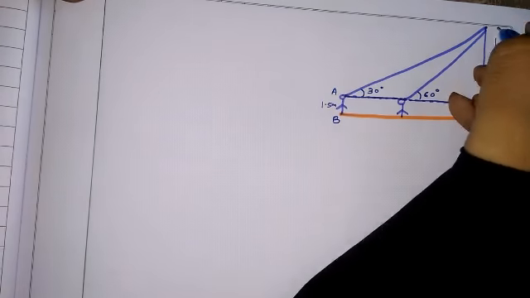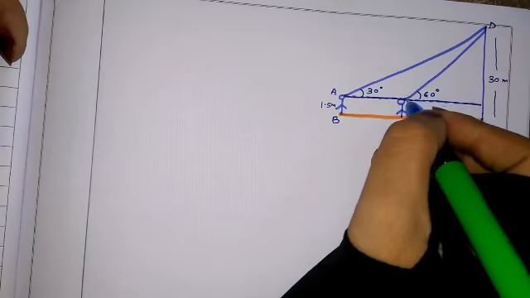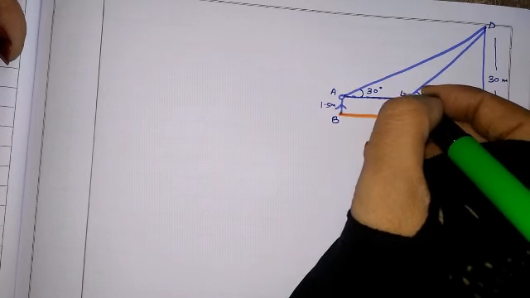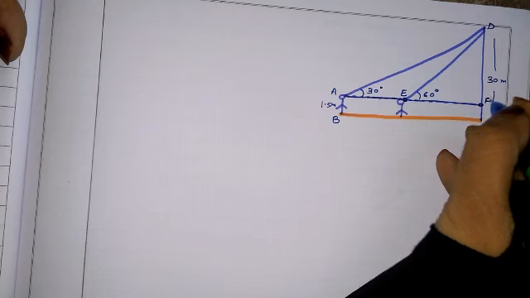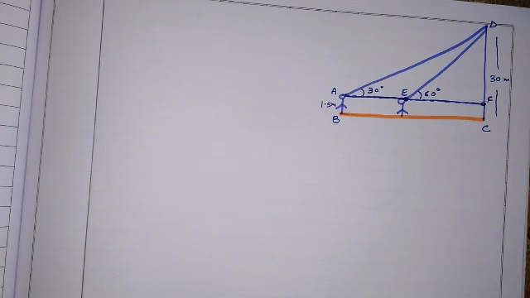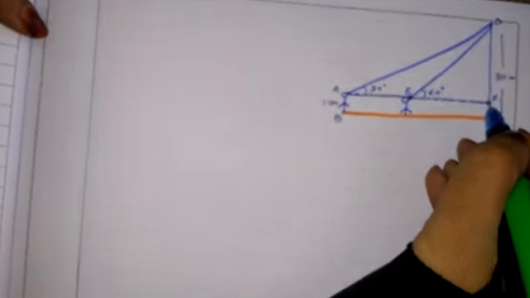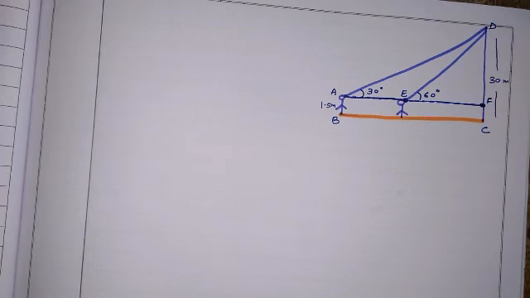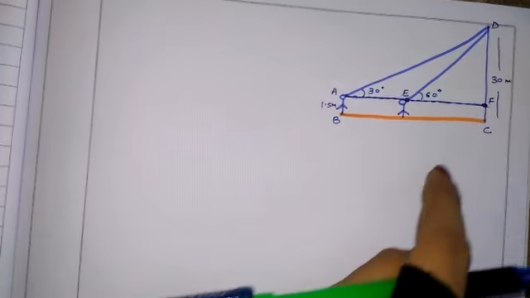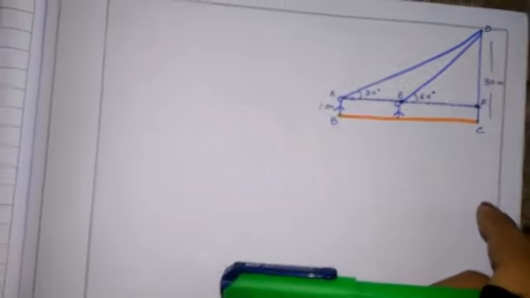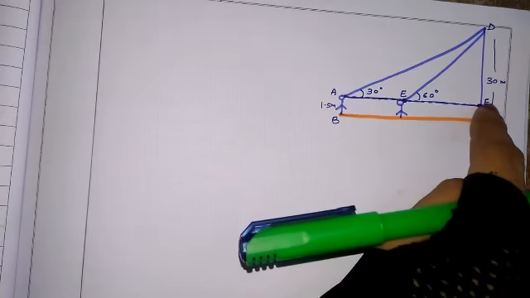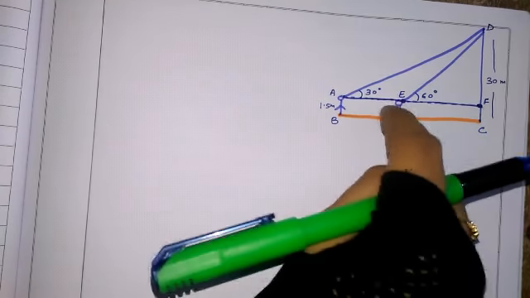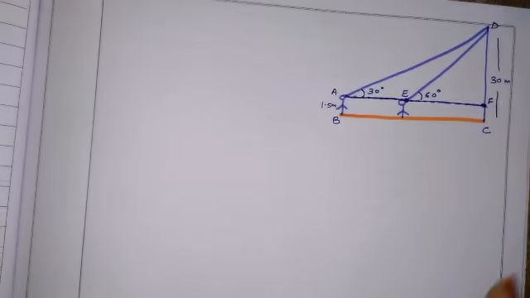A, B, C, D. Then this point is needed, E. This is point E and this is point F. Now we can see here, the building is the full CD, but the triangle formed is from F. So we need right angle triangles. We have 2 right angle triangles: D, E, F and D, A, F.